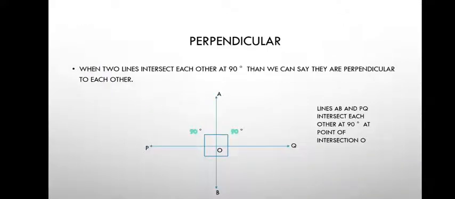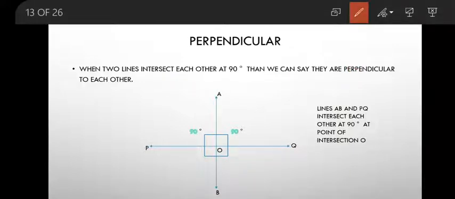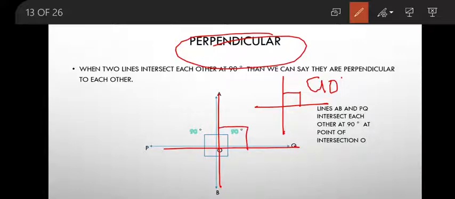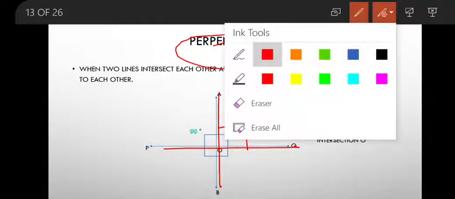Perpendicular. When two lines intersect each other at 90 degrees, then we can say they are perpendicular to each other. As we have studied about intersecting lines, when two lines intersect each other at a common point of intersection, these two lines are known as intersecting lines. What happens if two lines intersect each other at a 90 degree angle? So these two lines are known as perpendicular to each other. Okay,